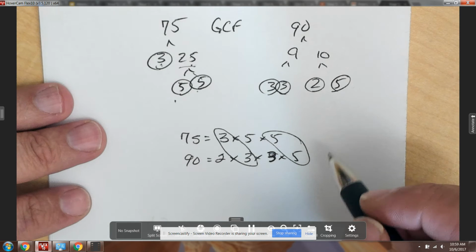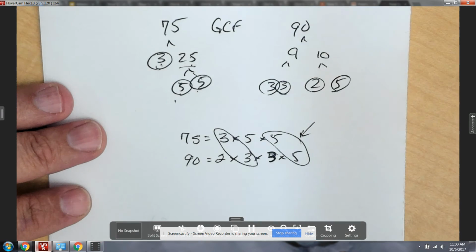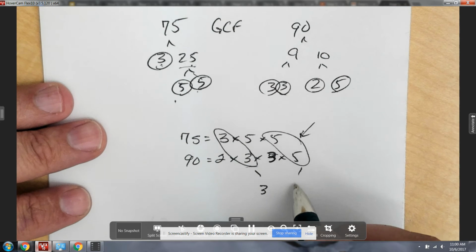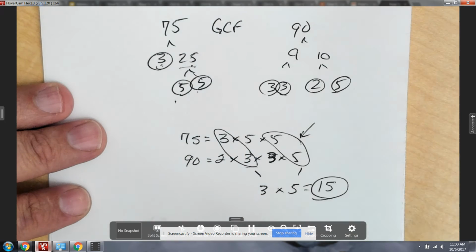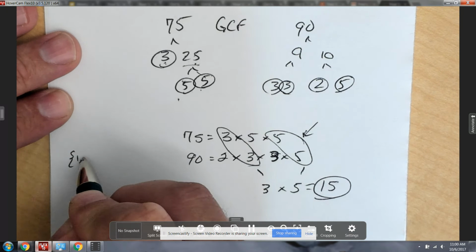An error that some people were making on the quiz is they were looking at this being the largest pair of prime factors and saying, oh, 5 is the greatest common factor. Let's not confuse that with listing. When we get a pair, we take one from each pair, we multiply them together, and 15 is our greatest common factor. If I was listing them,